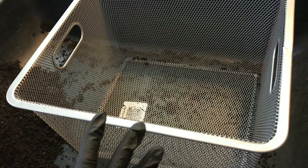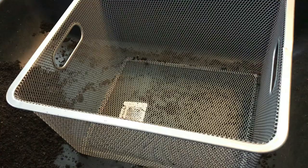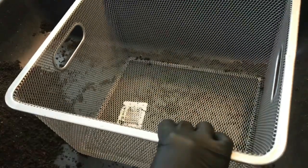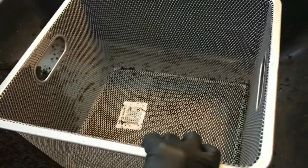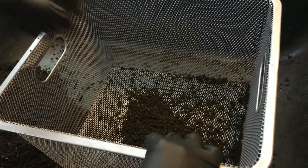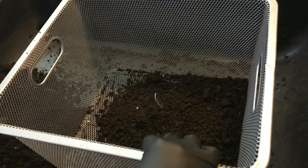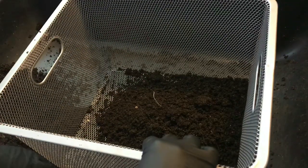Okay guys, so it's been about a half an hour. I've gotten most of this tray finished sifting, and now I have this last little bit down in this corner, and I thought I would just quickly show you how it's gone for me. So I'm just gonna put a good few handfuls in here, and using the sifter basket,